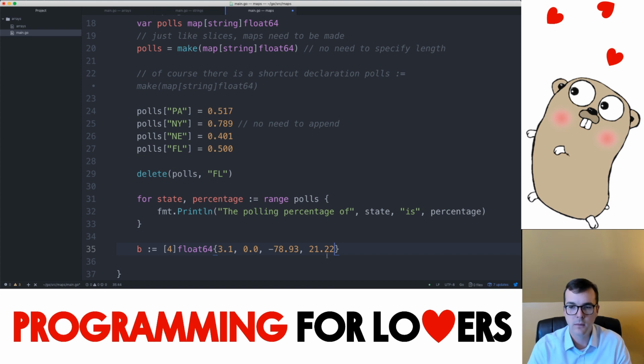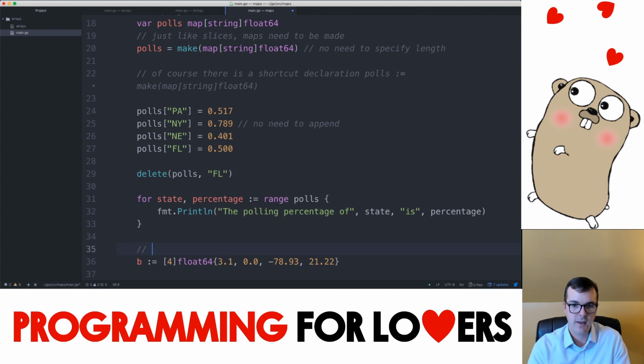So this is a way of declaring a short array where I don't have to use var b brackets 4 float64 and then set the values one at a time. I can simply create this literal. This is array and slice literals,